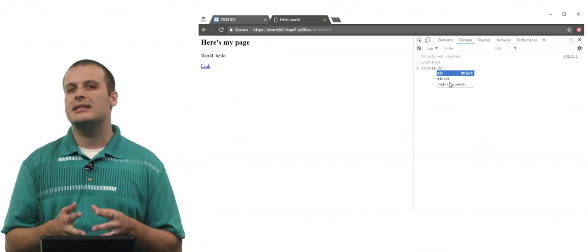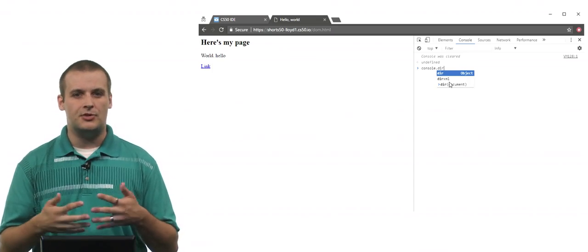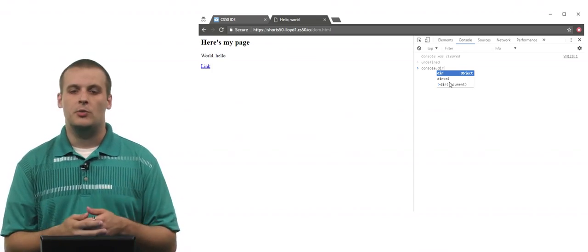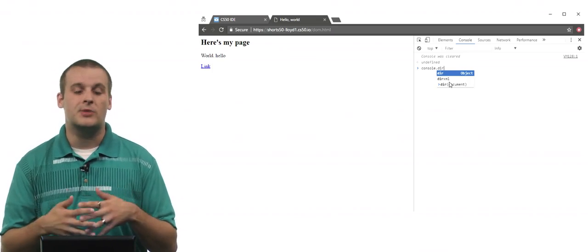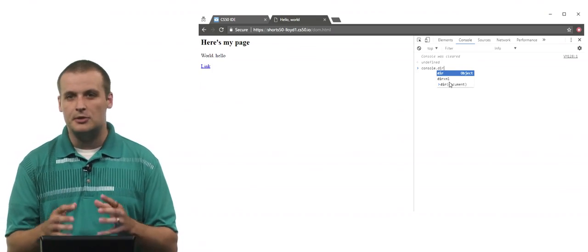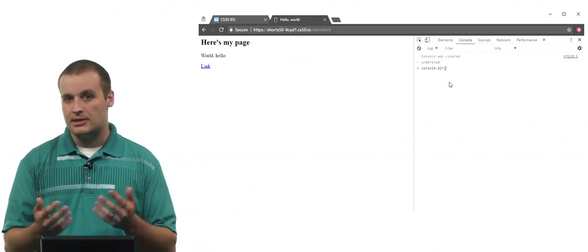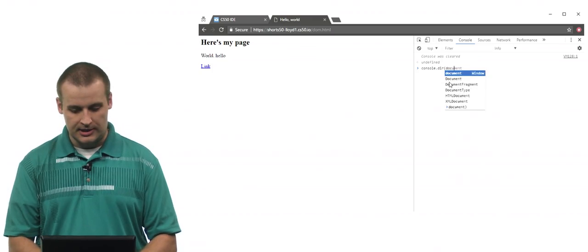And what console.dir is going to do is basically try and organize the content of my page here in a directory structure, which is a fancy way of describing an object. So we can look and see what's in the object. And what object do I want to look at? Well, I want to look at the document object. So I'm going to console.dir